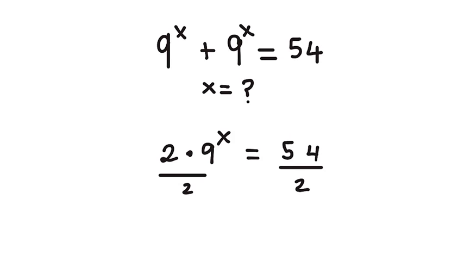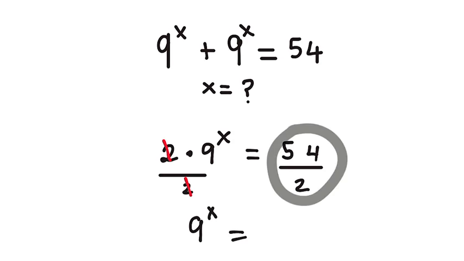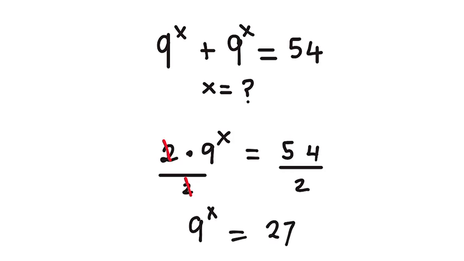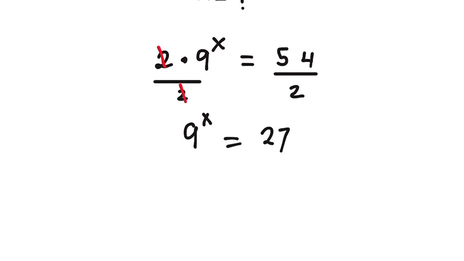So we see that these two, we cancel these two here, then we are left with 9 to the power of x equals, now 54 divided by 2, that will be what? That will be 27. All right, so when you have 9 to the power of x equals 27, it can be written as